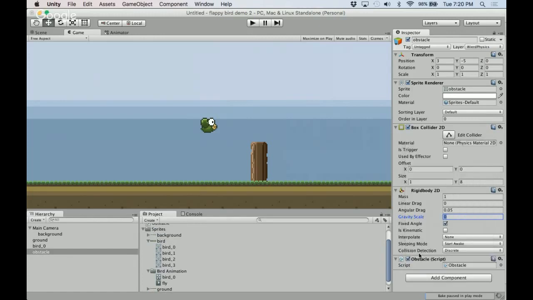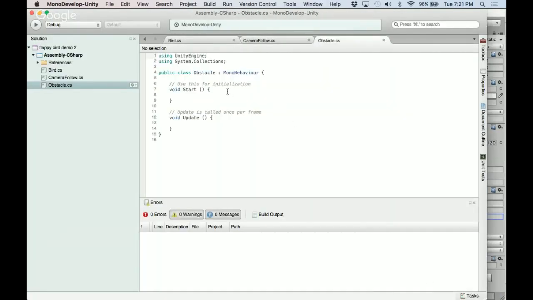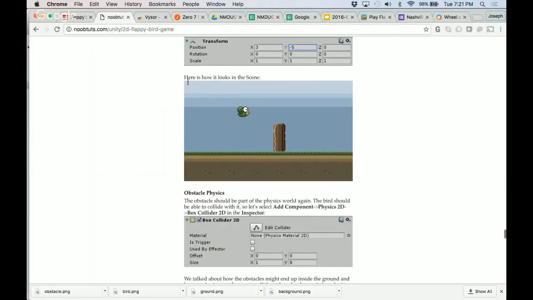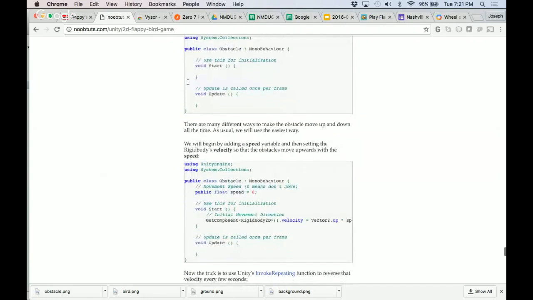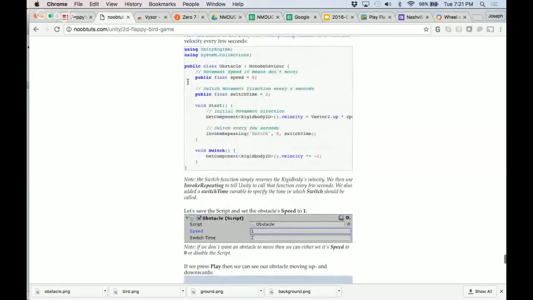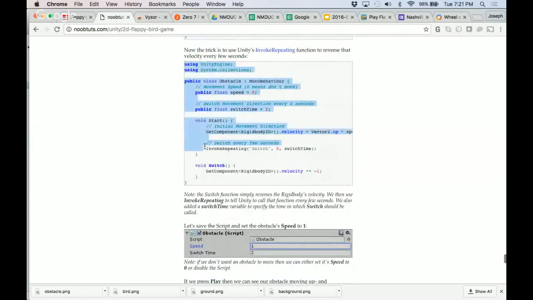Create an add, and then we're going to go edit script. And you see, just like the other two, it's got a start and update. And what we're going to do is add a few things. First off, we're going to have a public speed variable, a public switch time variable, and then at